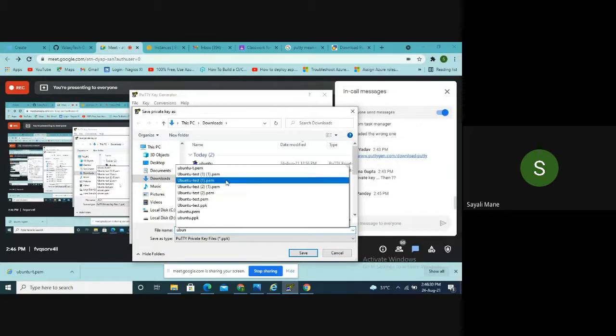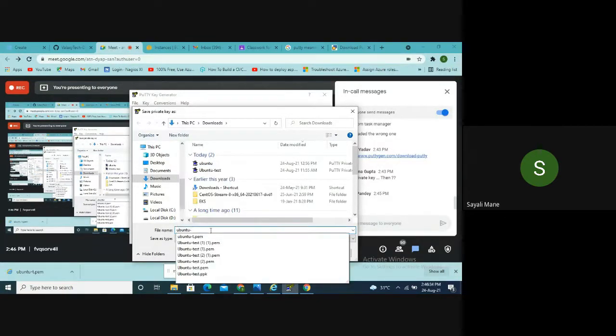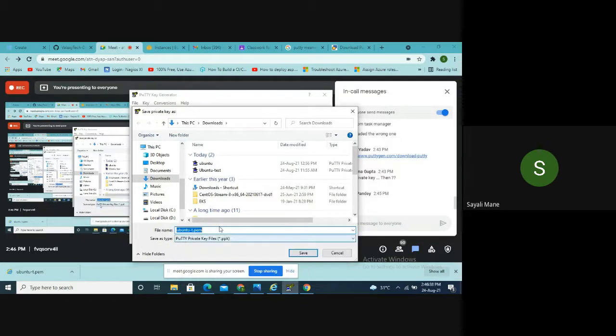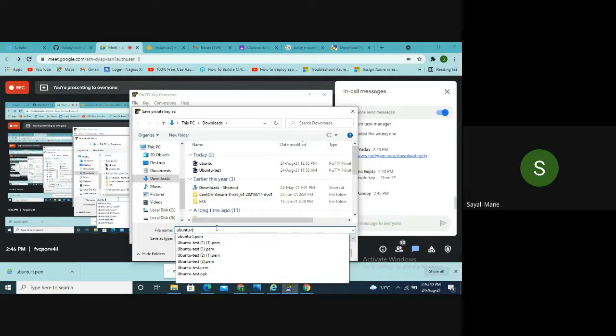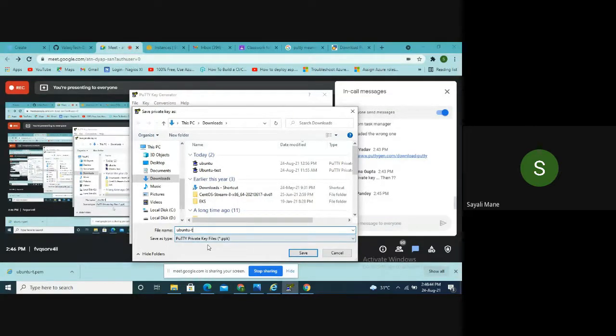You can give the same name also, Ubuntu dash T. It will save it as a ppk file, this one, and click on the save button. Give the file name. You can give the same file name as there in the PEM. Save it as a PPK.